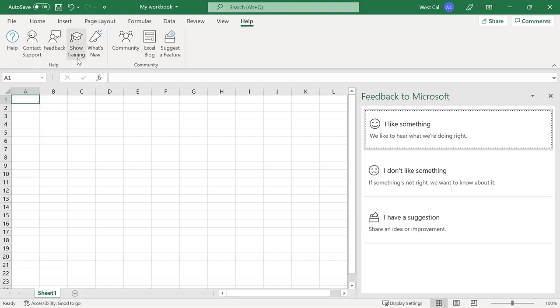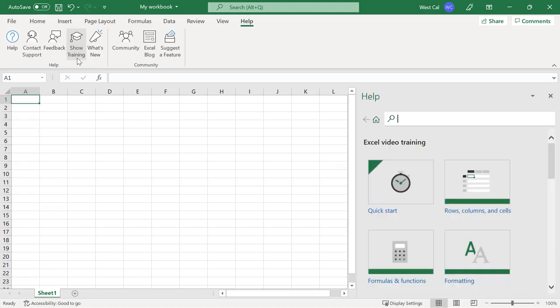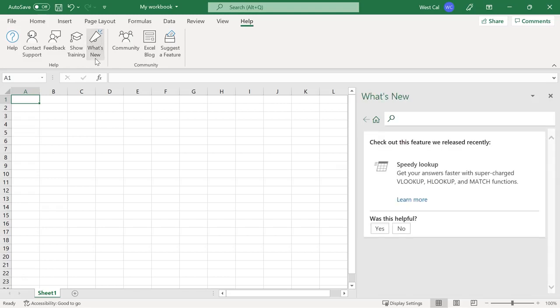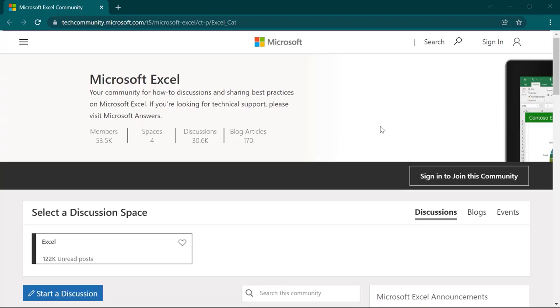The Show Training command will launch the Help task pane and present options for built-in Microsoft Excel training. The What's New command will launch the What's New task pane and display information on new features in the Excel application. The Community command will launch a browser window and open the Microsoft Excel Community homepage, which gives access to